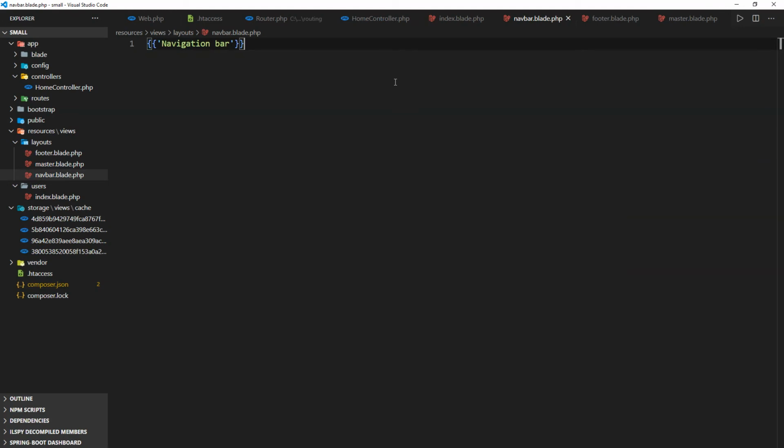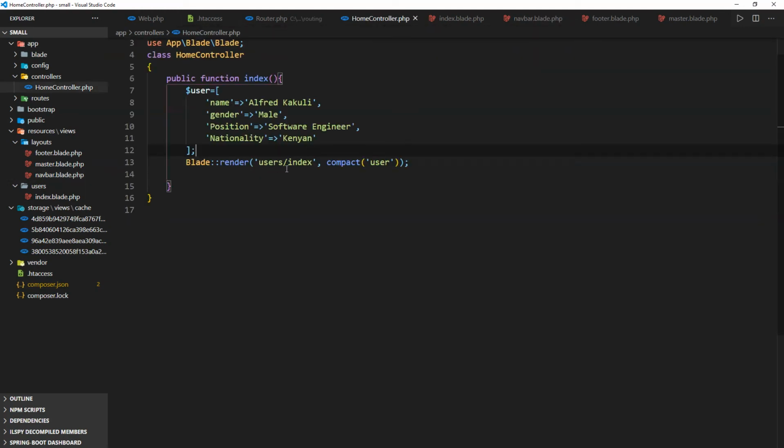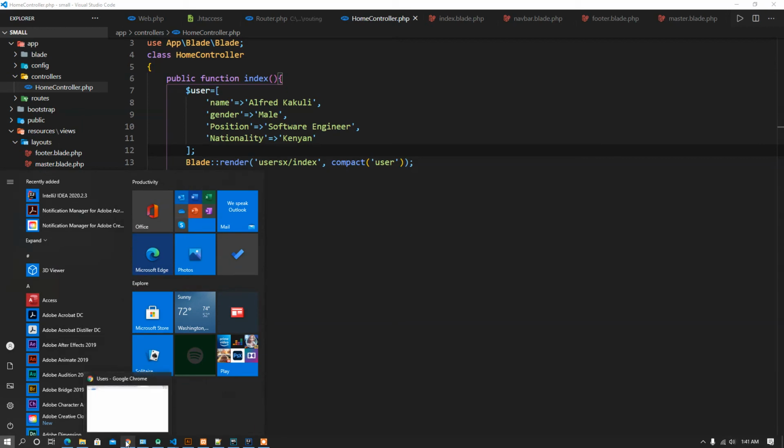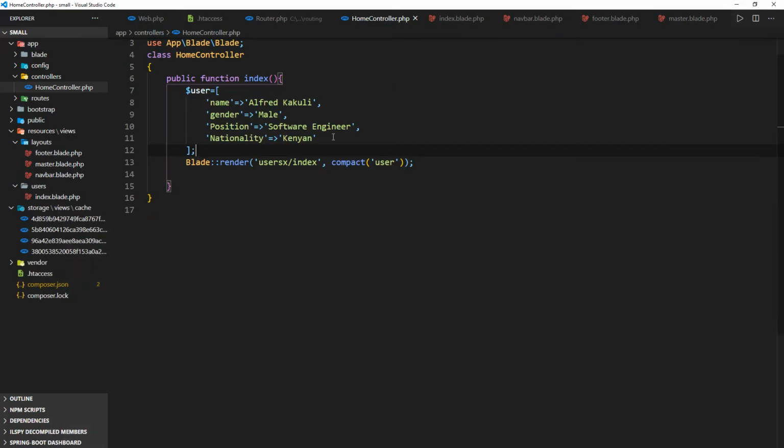So what happens if we go to the wrong page? For example, here instead of saying users, we just write users X. Save that, go back to our browser and try to reach the same, and now you see the error comes, the view does not exist. So what we can do, we can head over to our Blade class and say, if we don't find the view,